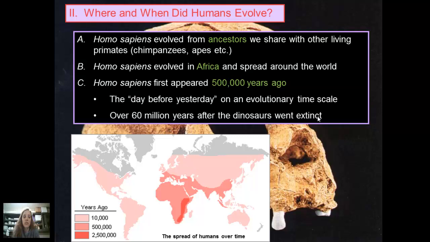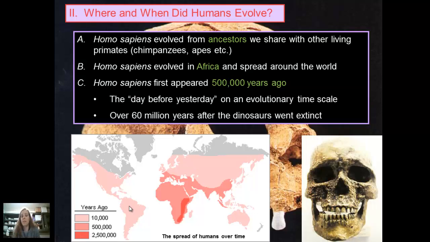So what this map is looking at is the spread of modern humans out of Africa, and you can see the consensus is that we began in the Great Rift Valley, which is this red area right here. Some of the oldest fossils of modern humans have been found in this area. This is the Great Rift Valley, and then this is getting down into South Africa. And then slowly over time, modern humans began to spread out of Africa into the Middle East and Southern Europe, Southern Asia, and then moving north and east from there until eventually ending up in North and South America.